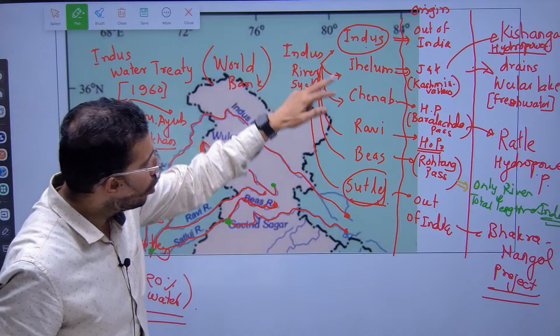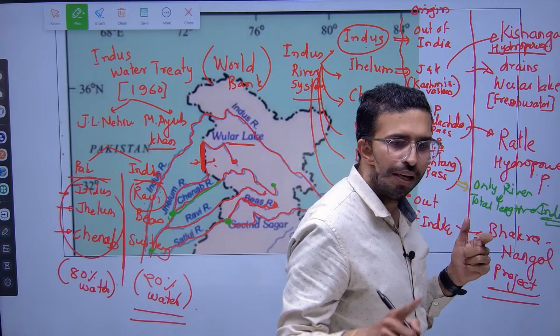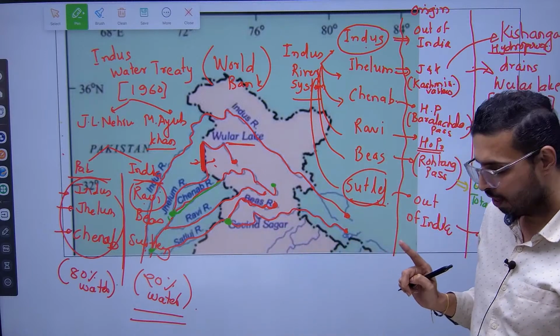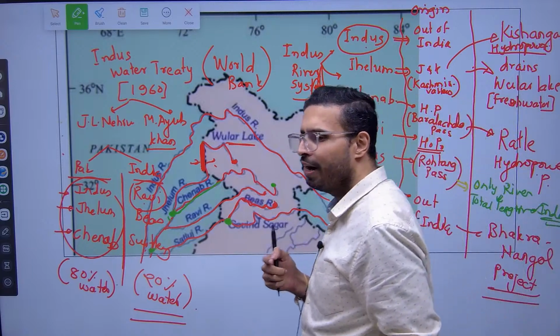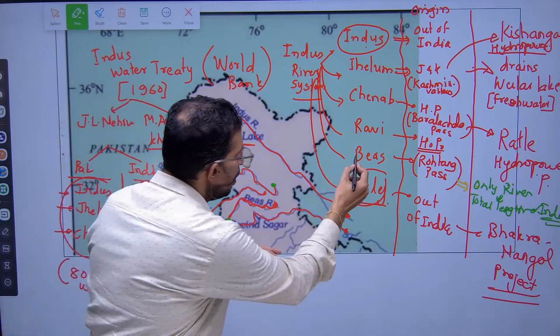So out of these 6 rivers of the Indus river system, the Beas is the only river which has its total length in India. And when I went to Himachal Pradesh, on the Beas river there was one